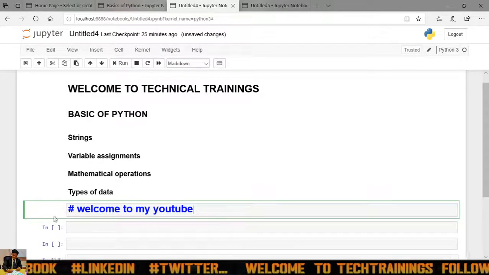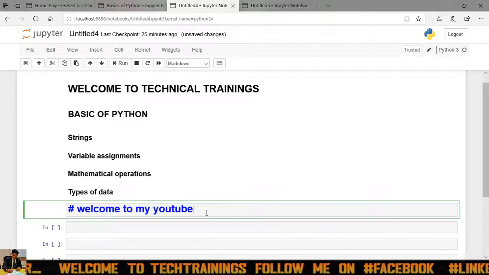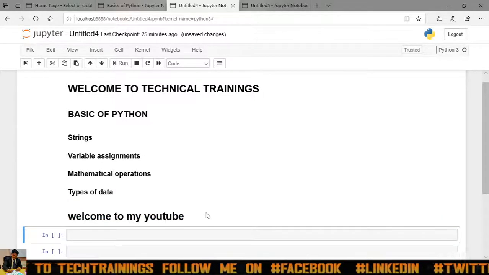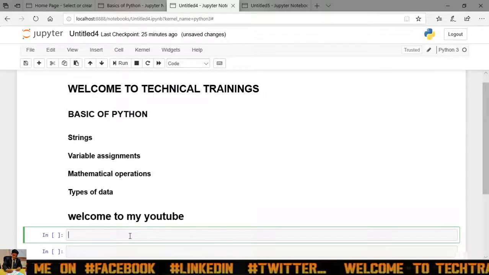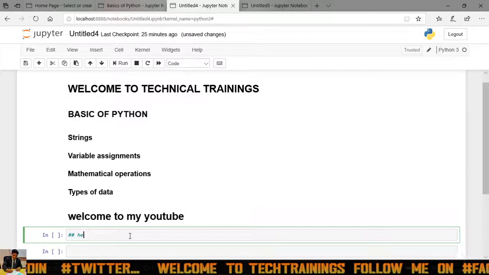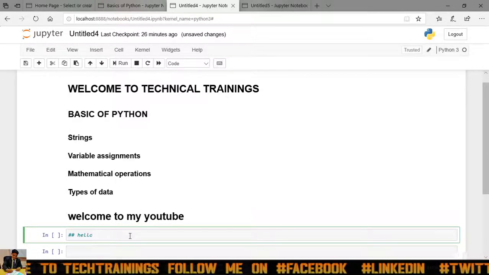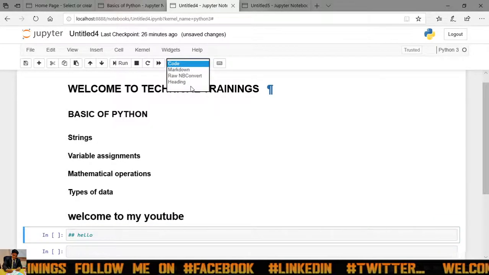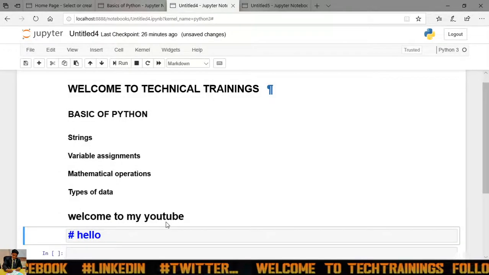If I put a single hash it will give the largest size. Now if I put a double hash and write hello, this will give the subheading. So make it a heading, and execute.